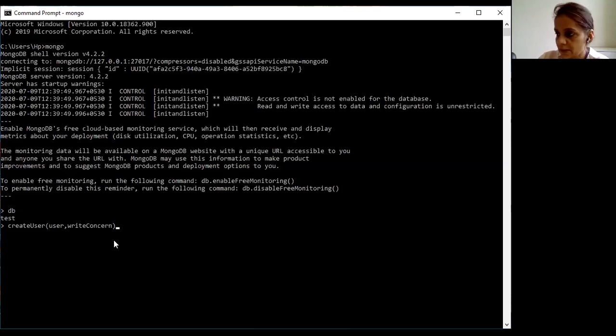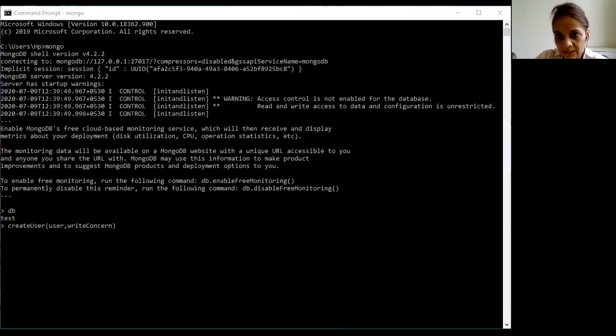So we need to specify the roles, and in the roles field you can specify both built-in roles and user-defined roles. To specify a role that exists in the same database where db.createUser runs, we can specify the role with the name of the role itself, like readWrite. So it will give both the read and write permission to the user.